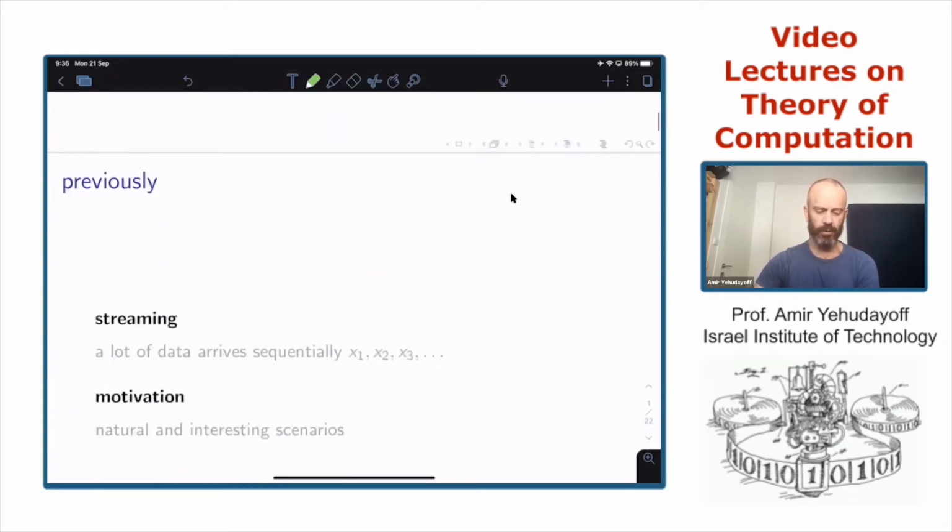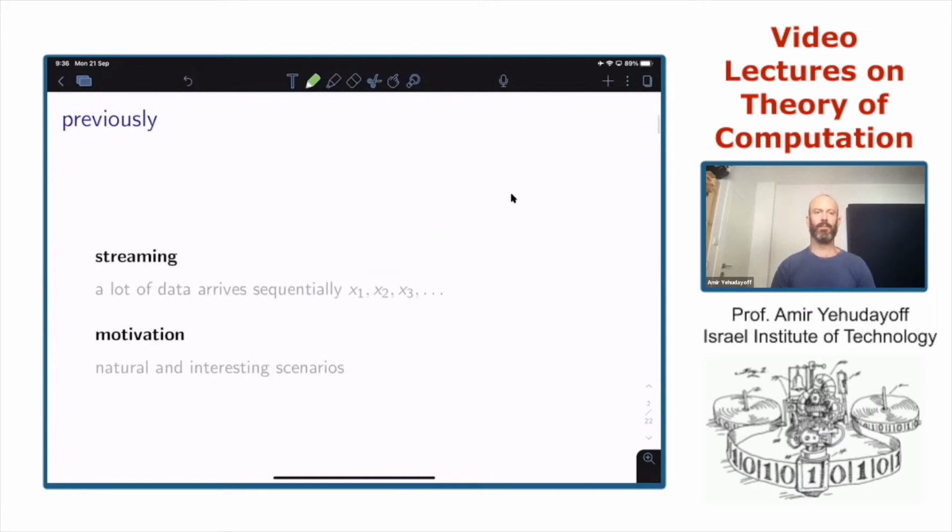This talk continues the previous talk. In the previous talk, we talked about computational complexity from a wide perspective, and then we gave streaming as an example that we will focus on.